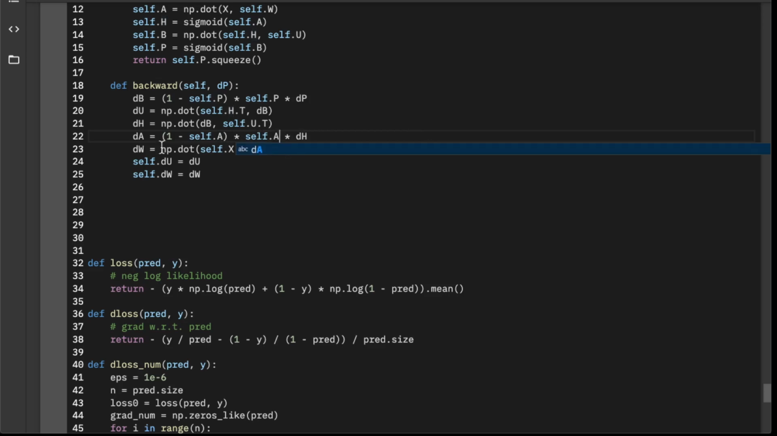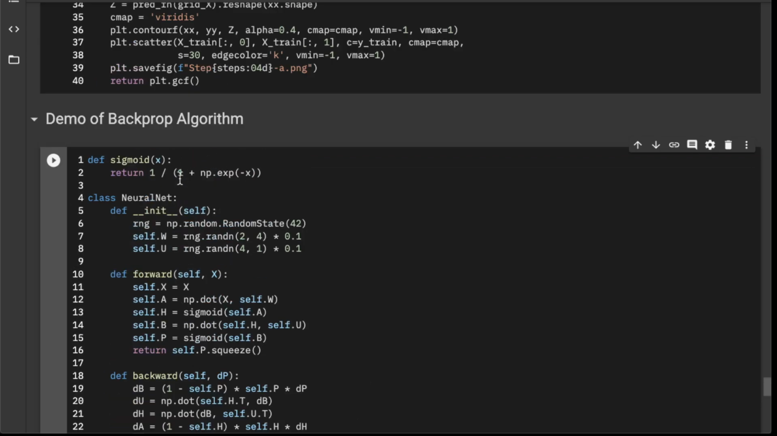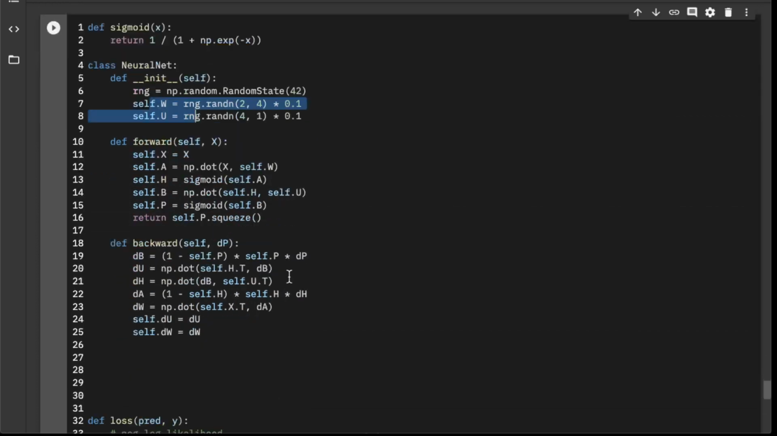equation to compute the gradient with respect to a. But actually, for the sigmoid function, the equation accepts the current value of the function rather than the input of the function. So I should have written h rather than a here to compute the gradient with respect to a. And secondly, after we have computed the derivative of the model parameters, these are the parameters, we need